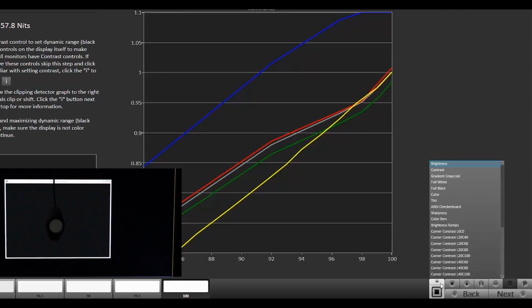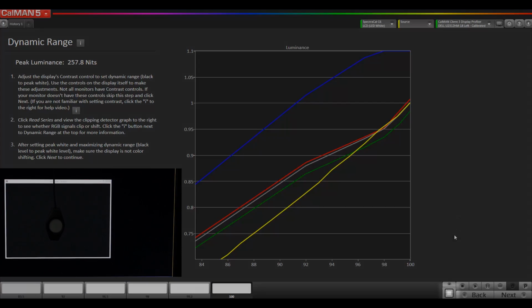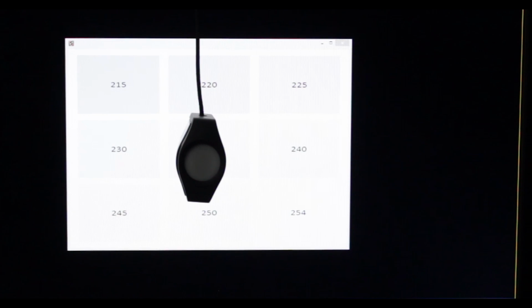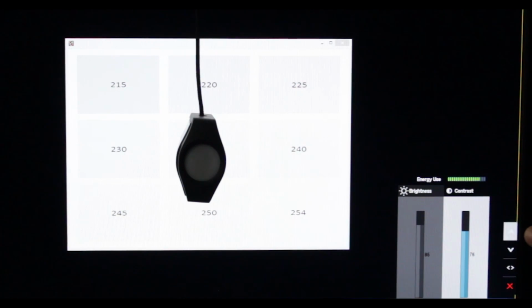to go ahead and open up the pattern pop-up window, and we actually have a contrast pattern. It's not just a solid patch, it actually shows steps of white going up to 100%, and I'm going to click that to activate the pattern, and then I'm going to click this to push it out to the display. And while looking at the display, I can see that, yeah, sure enough, we've got some clipping here, and I can even exaggerate the problem more so if I turn it up